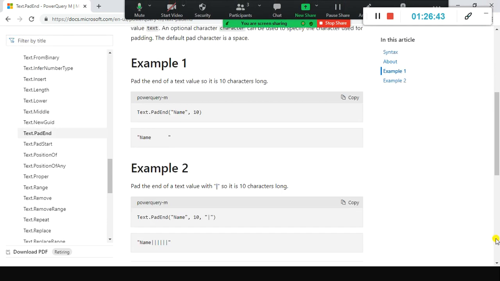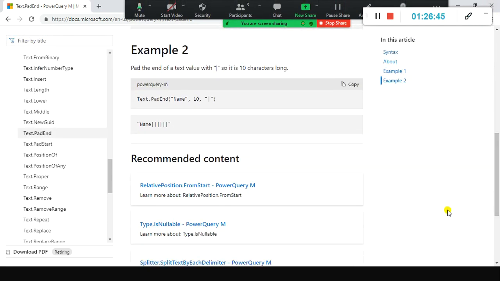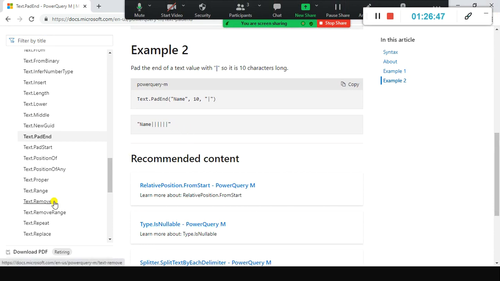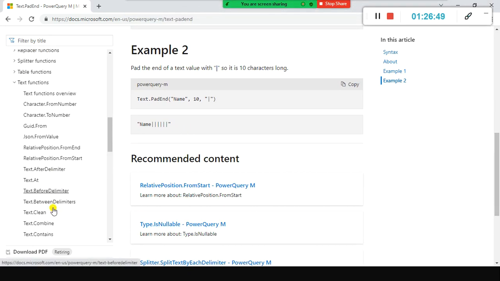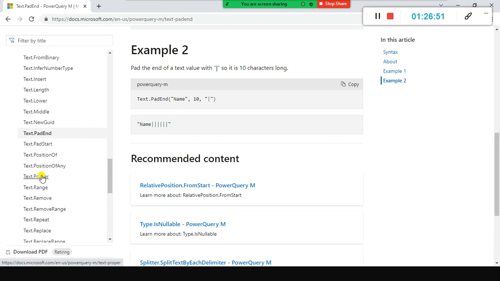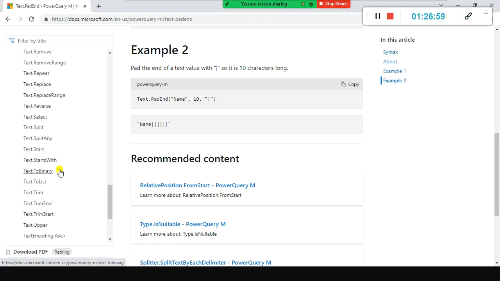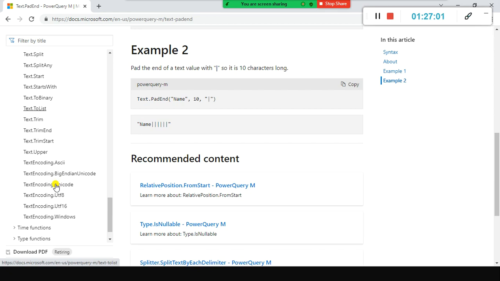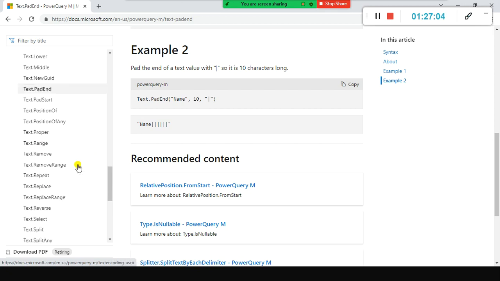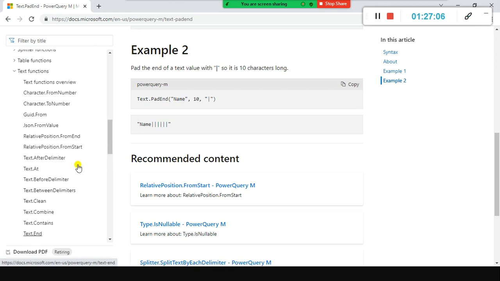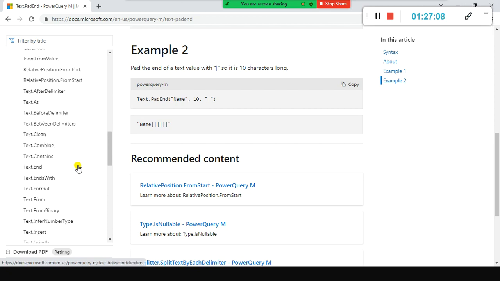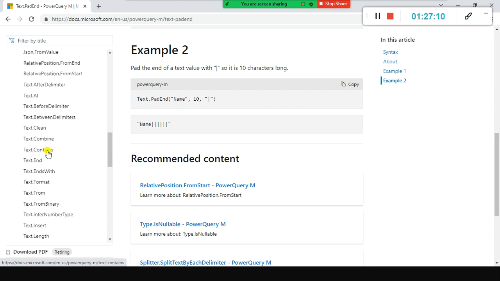See, here they've given you an example also. Start practice. It may not take much time, but again, don't spend too much time. Whatever function I say, like Text.PadStart, replace is important, and split is important. Split, replace, starts with, to list, trim, upper, lower, contains, ends with.